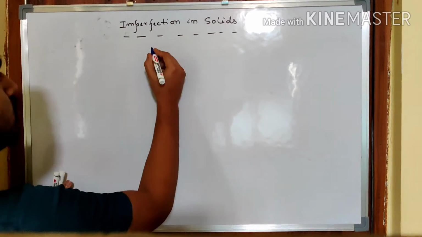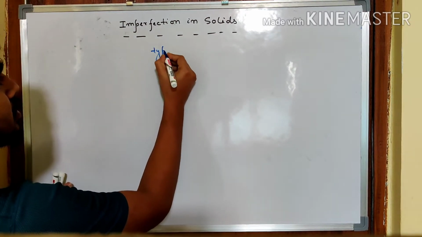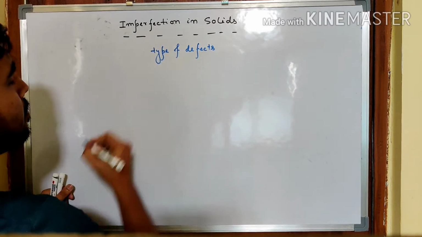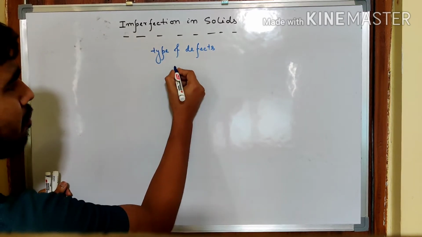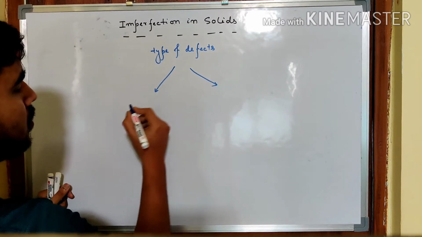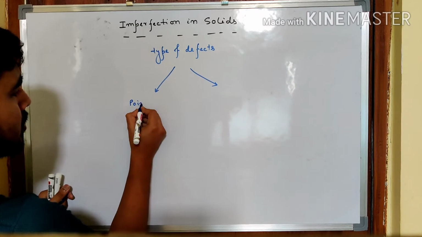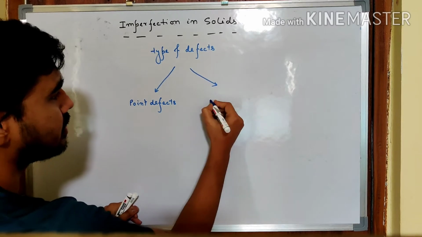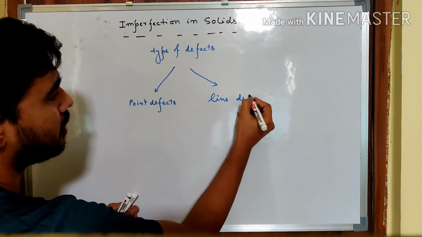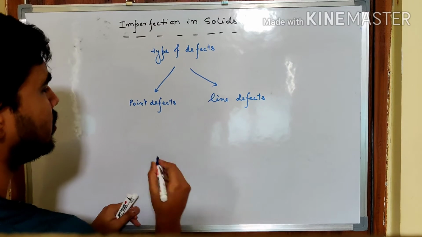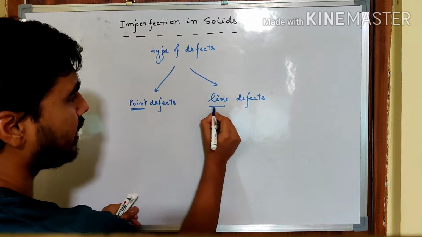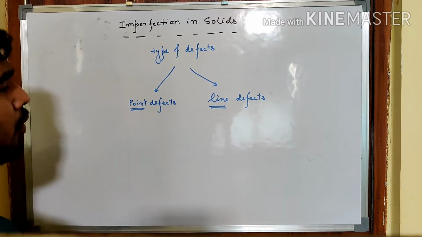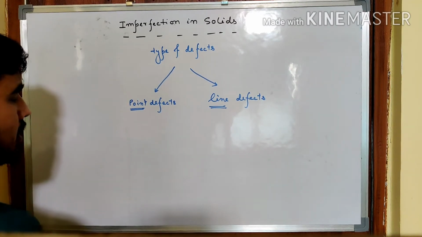Now, we are going to talk about types of defects. Broadly speaking, there are mainly two types of defects. One is point defects, another is line defects. As the term suggests, point and line. So it is very easy to understand what a point defect is. Point defect means